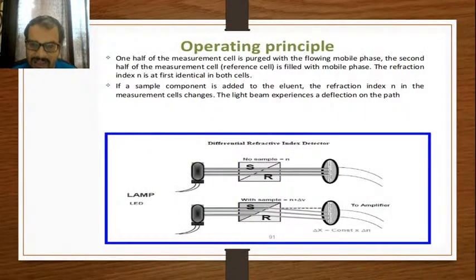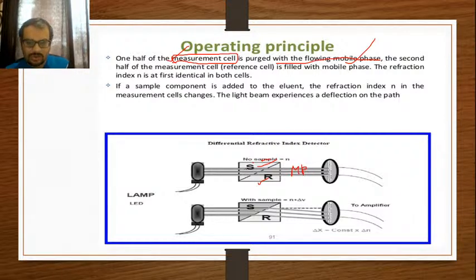Now how it operates, as we all know, this refractive index, how it operates. One half of the measurement cell, the flow cell which we are using in this case, is half filled with a mobile phase. Okay, flowing mobile phase, which is a pure one. This is when there is no sample, this half of mobile phase and this half of the mobile phase is purely of a mobile phase. Okay, sorry, when there is no sample,